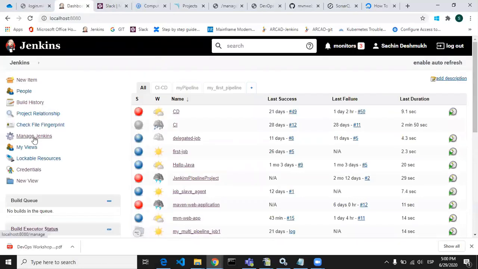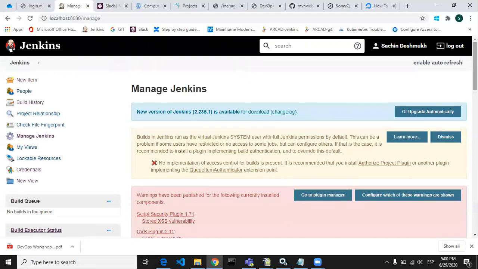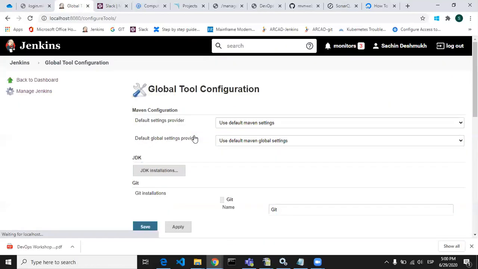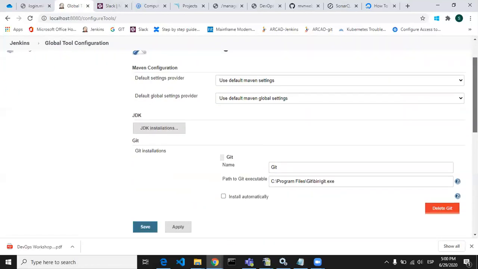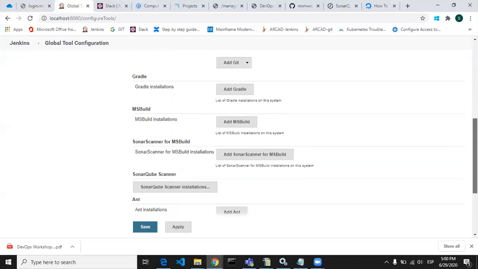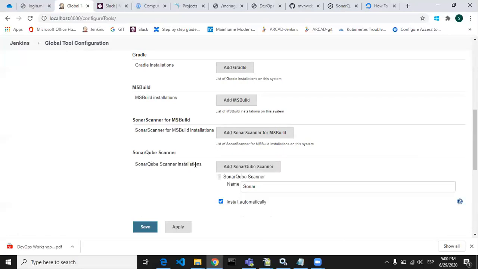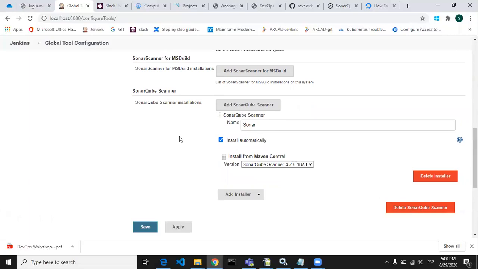Then let's go to Manage Jenkins, Global Tool Configuration. Here search for SonarQube Scanner. So here you can find SonarQube Scanner. Once you click on SonarQube installation, it will again ask how Jenkins should run this job for SonarQube; you need to have SonarQube installed. Okay. So either you can give the path of your SonarQube installation, or you can click on Install automatically.